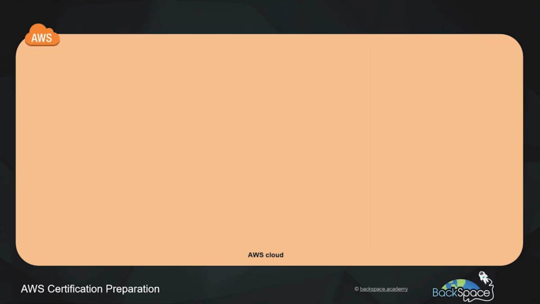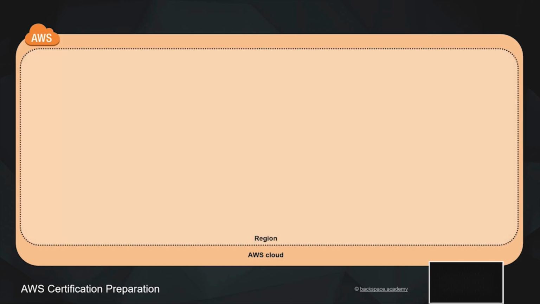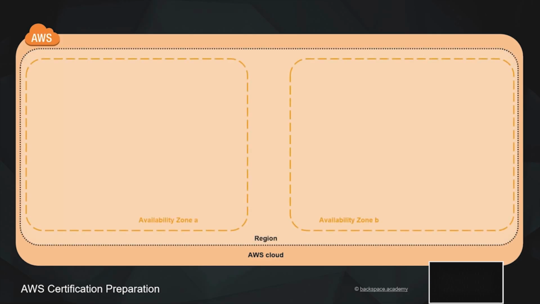One of the big advantages of Elastic Beanstalk is that it can create a highly available and fault-tolerant architecture without us having to worry about how to actually do that. So what is a highly available and fault-tolerant architecture? Here we've got the AWS cloud. And as we know, it's divided up into regions, and those regions are divided up into availability zones. So if we have our architecture distributed across multiple availability zones, if one of those availability zones goes down, our infrastructure will still continue to operate and serve requests.